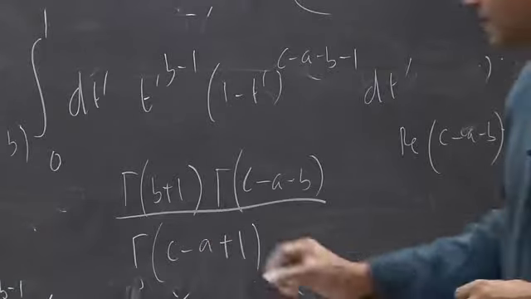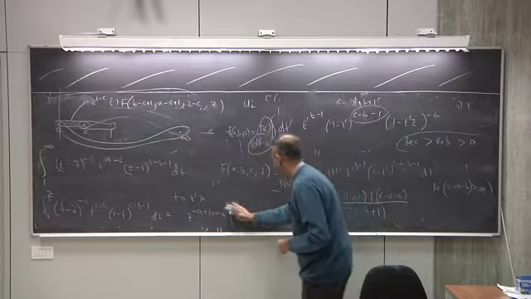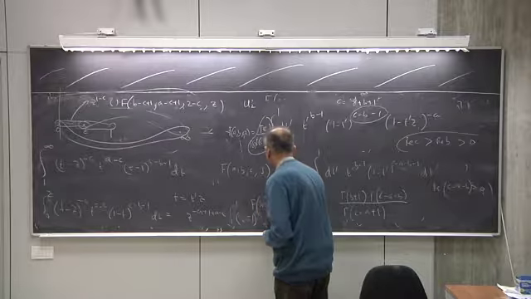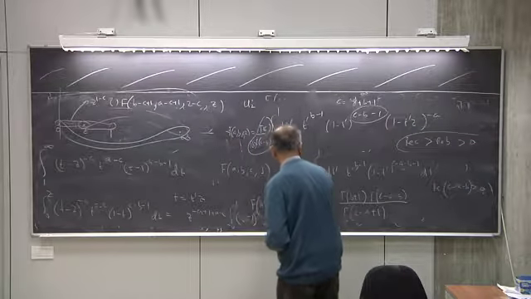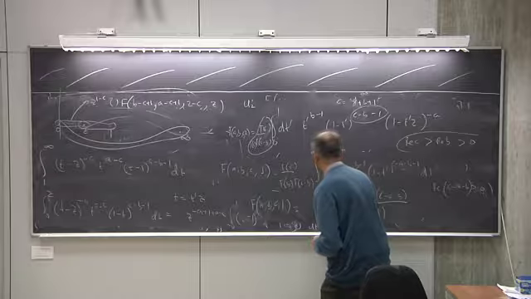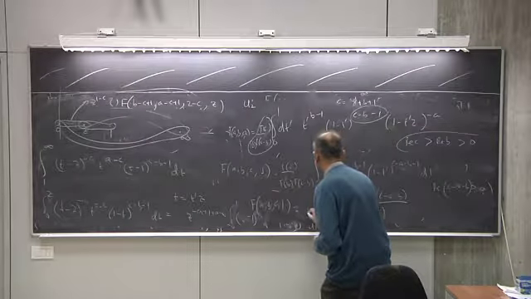So that's the expression. We are saying that this F a b c at 1 is equal to gamma c over gamma b,